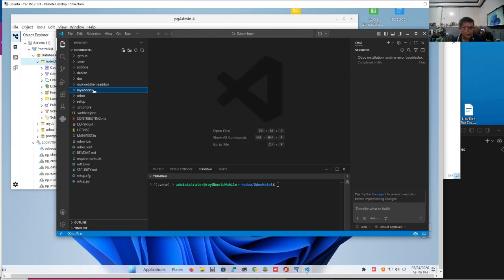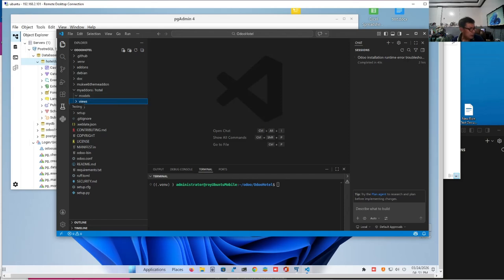So for example, we are going to make a hotel add-on, so we are also going to store it in a subfolder. So we could call it hotel. Do you follow? And then every add-on should have two basic components. First, it will have models, so we'll have a models folder, and it will also have a views folder. Now the next thing to do is to supply the necessary init.py and manifest.py.